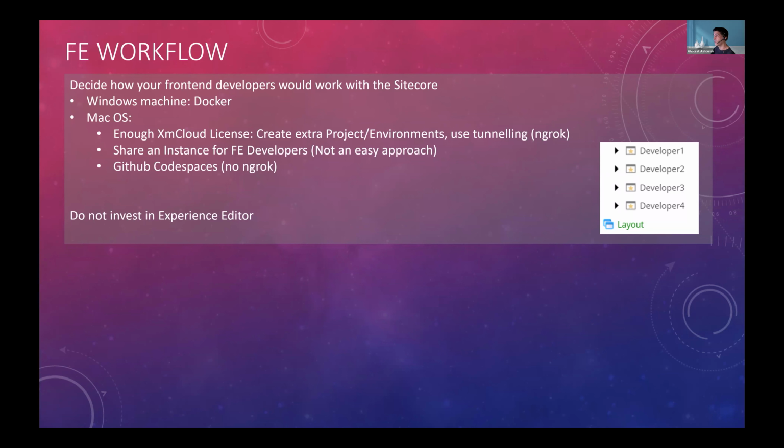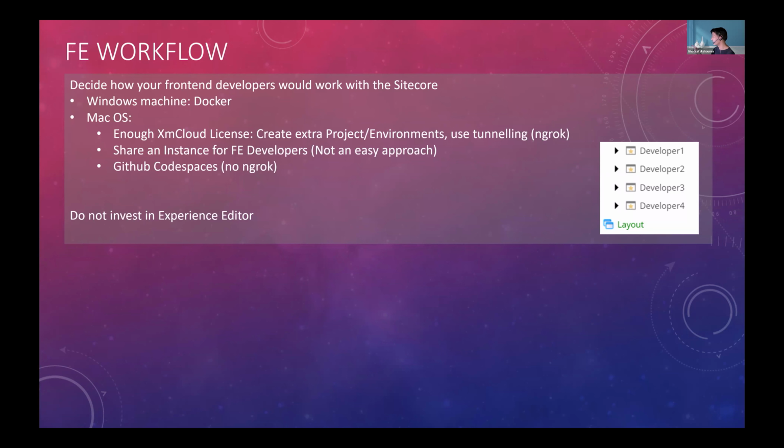So they could just connect to these instances and work with xmCloud. The second option is to use one instance and create multiple sites with multiple renderings.